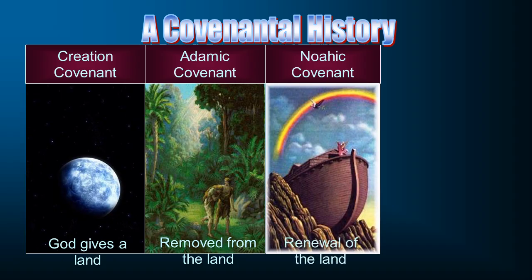And in this promise, he says, I'm going to renew the land. It's like starting over again. It's like hitting the reset button. And he is going to again give Noah some instructions that sound a lot like the instructions that were given to Adam. And he is going to send his Spirit, his wind, to remove the waters of the flood, just like the Spirit of God was moving on the waters in Genesis chapter 1 and verse 2. It's sort of hitting a reset in that covenant. And God promises in that covenant, I will not destroy the world again by means of a flood.